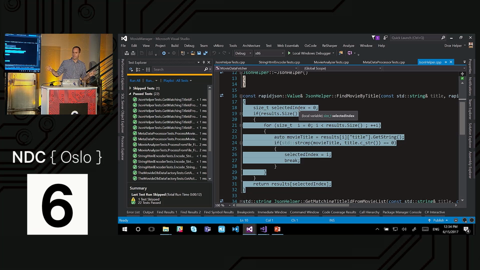It doesn't mean that it tested everything, by the way. It just means I ran through the code. It's more helpful to find out what I missed, not what I'm actually doing. And that's cool that you have it from within Visual Studio in C++. And let me tell you something. Visual Studio had the ability to run code coverage on C++ since at least 2003 that I know of. But it was a command line thing. You can only run it through the command line using MS Build. And that's very unfortunate. It's like they hid that capability. And now it's wide in the open, you can use it, and that's cool.